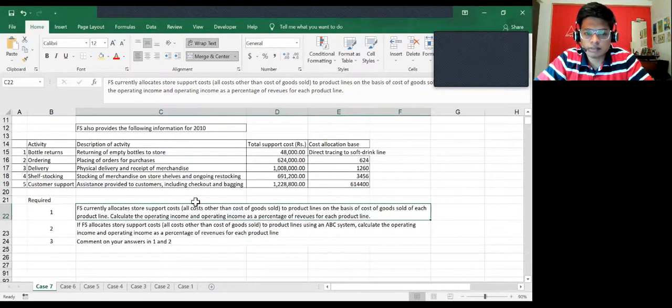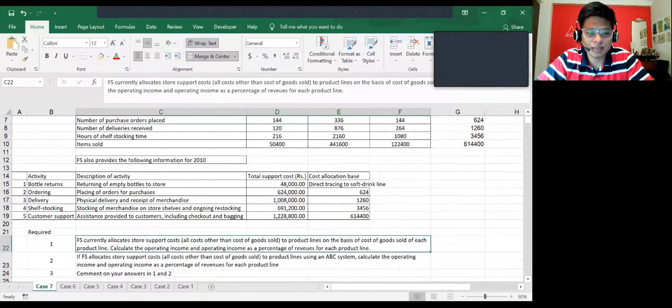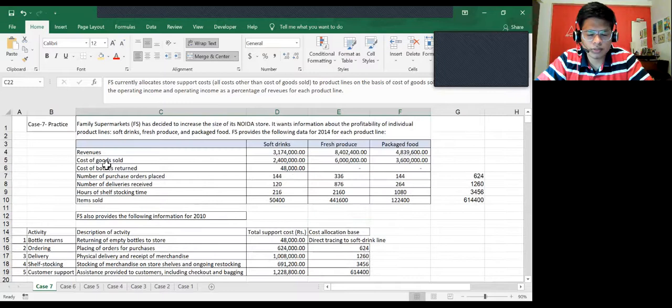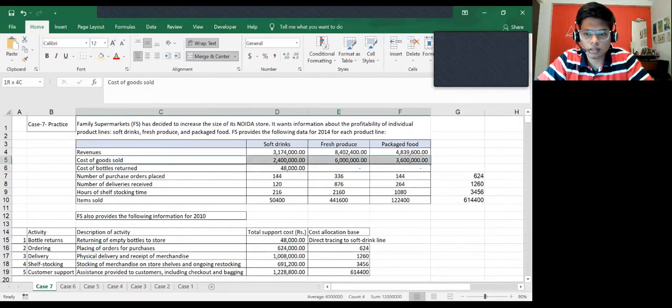First question is that we need to calculate the... sorry, it's not financial statements. Family supermarkets currently allocates store cost on the basis of cost of goods sold. Which one is the cost of goods sold? This one.